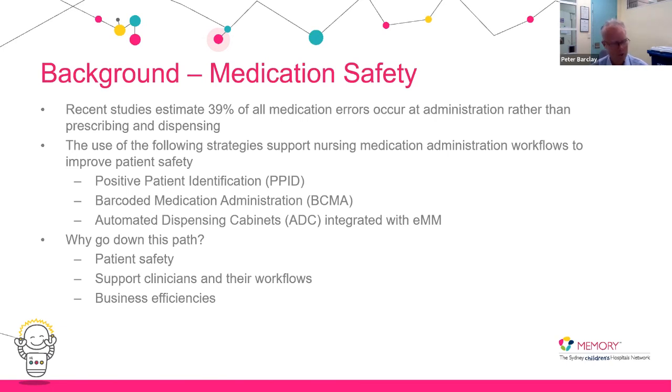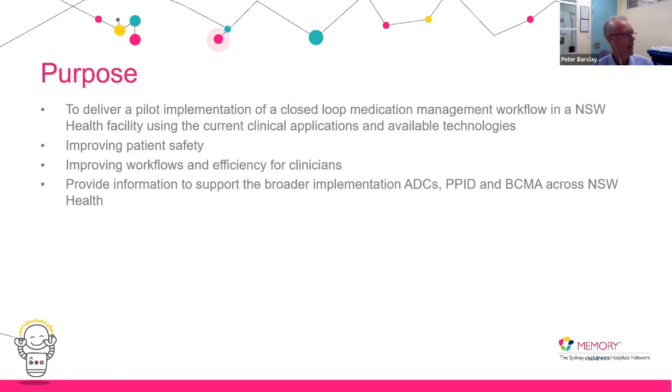Well, patient safety, to support clinicians in their workflows and business efficiencies, but it's also to build the foundation pieces that we need to achieve these benefits, because we know that this is just a journey we're going on. So we started to look at the processes that were required. So we were looking not to do it just for our hospital, which is a specialty pediatric hospital, but we wanted to make sure that any systems that we touched would work in all the New South Wales health facilities